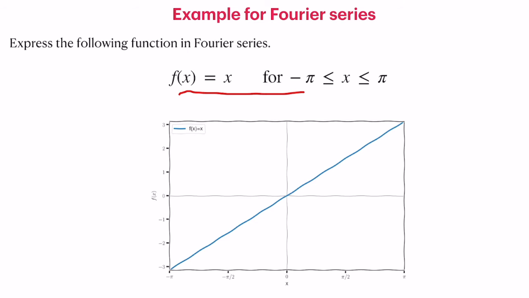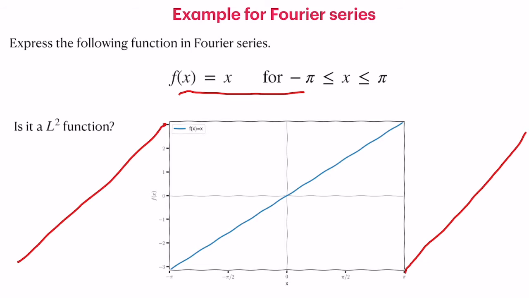So this function doesn't have any discontinuity. It basically goes in a line, except that in the case of the Fourier transform, it is assumed that the boundary ends and you usually do not know what happens to the function. Under such a case, it is assumed that the function is periodic in this region, and it often repeats the same value here. So outside your boundary, this is how the function would look. So this is from pi to 2 pi, and this is minus 2 pi to plus 2 pi. So this is one thing you have to keep in mind.